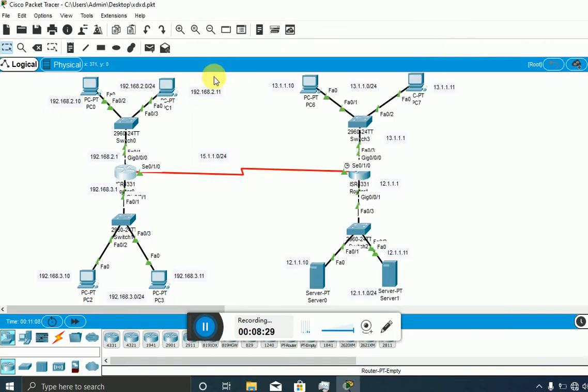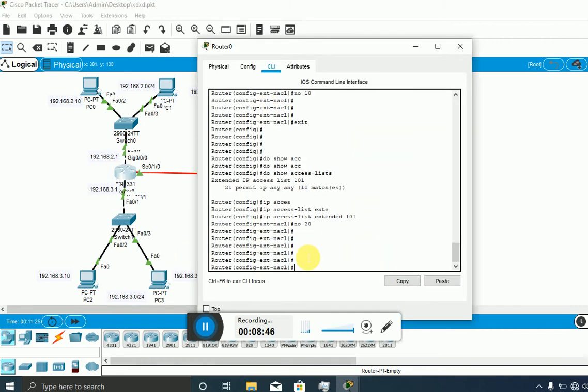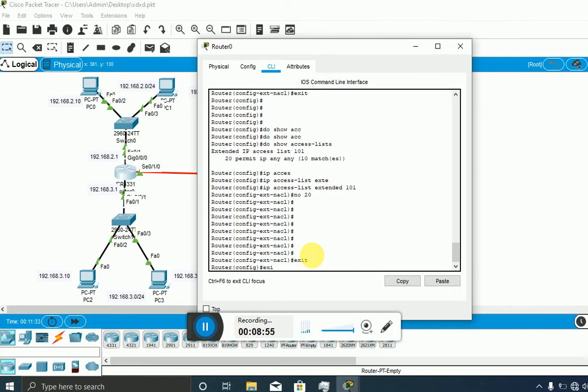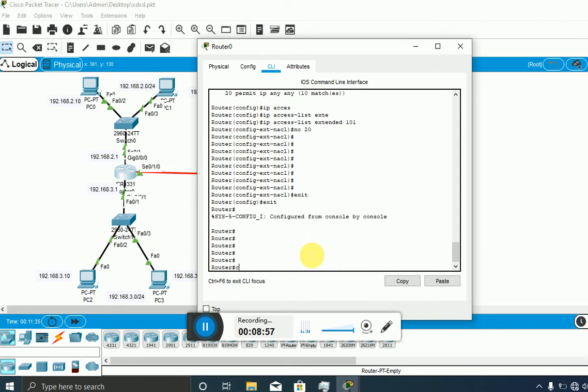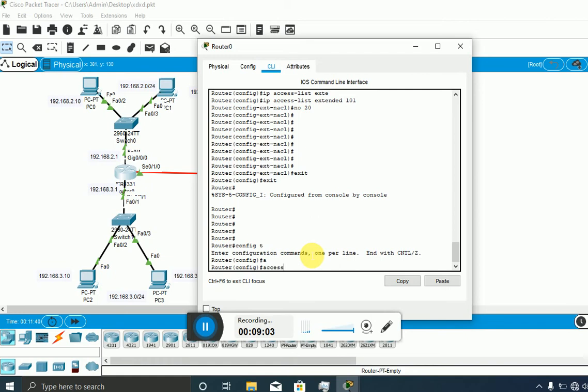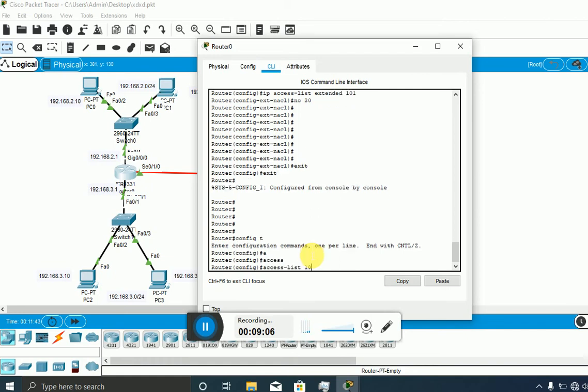Okay, let's take another example: my 3.10 or 3.11 can't communicate with the entire 12 subnet. So this is my router. I can go on it directly. Exit, exit. Configure terminal, access-list 102 deny